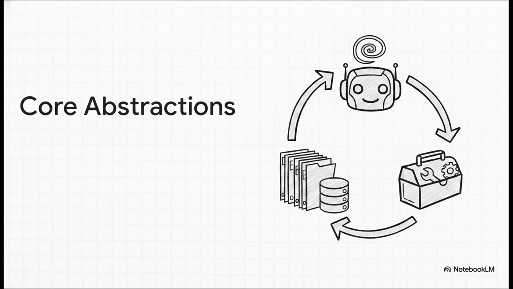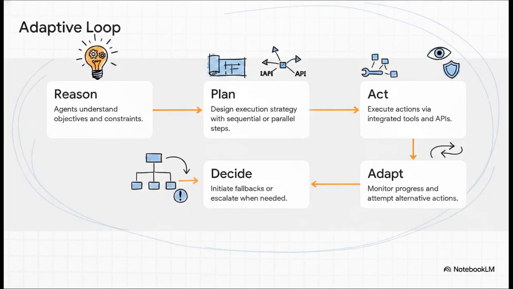Instead of writing one massive block of code to fetch data, you use modular context providers. You can plug into services like Redis or Mem0 to inject real-time data or historical knowledge right before the agent even calls the model. All of this comes together to build the agentic adaptive loop: reason, plan, act, adapt, and decide. Because MAF agents are truly autonomous, they operate continuously through this cycle.